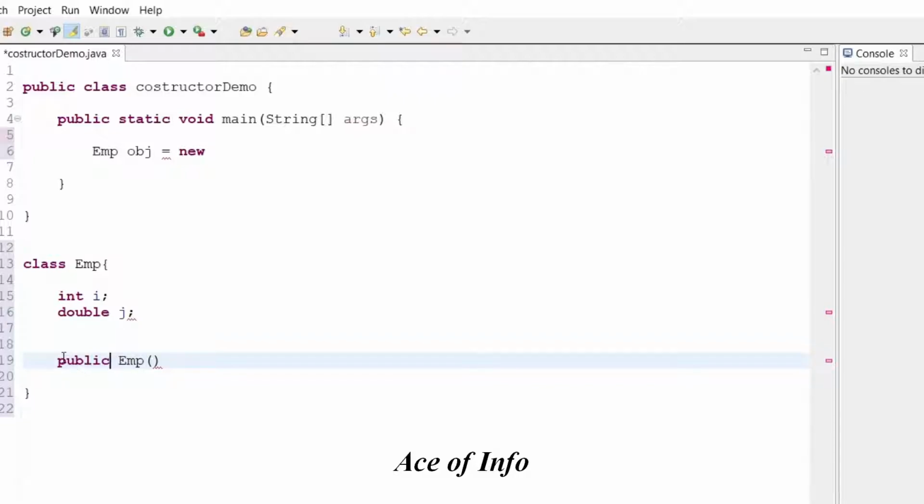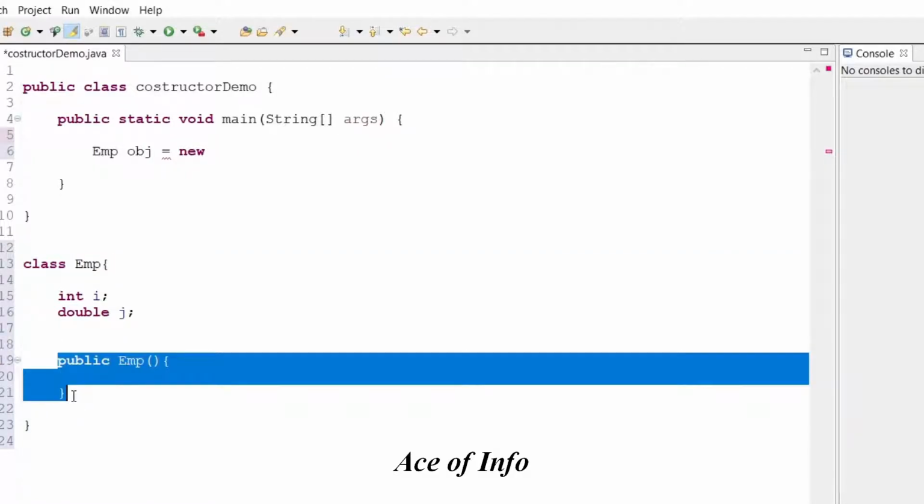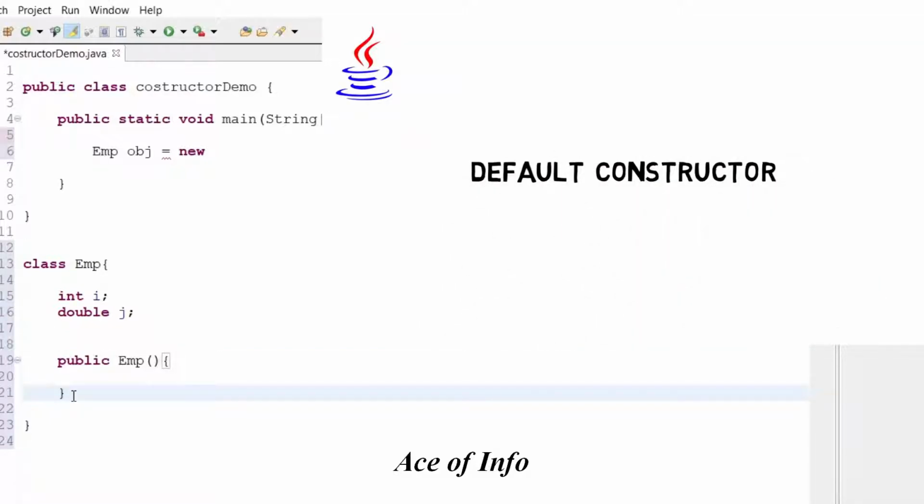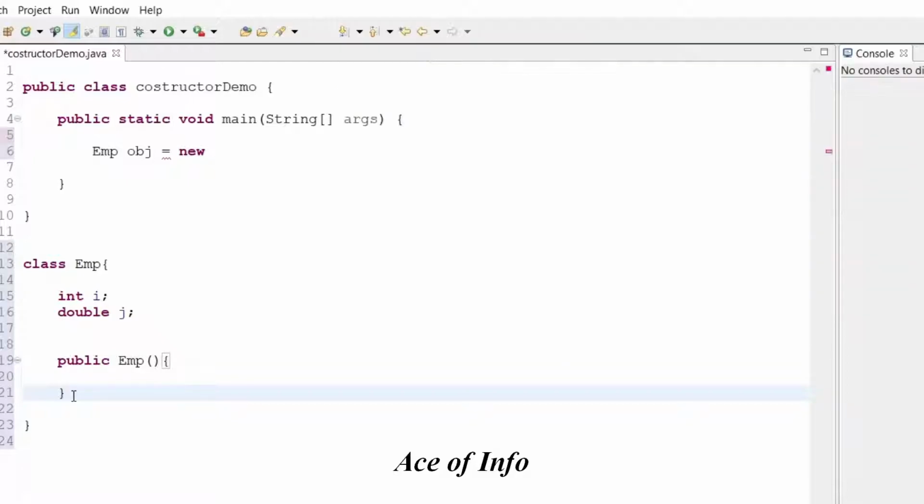Alright. So this constructor will be automatically defined each time you create a class. Even if you don't create it, Java will do it. Therefore, we call this the default constructor. This constructor is there by default, therefore we call it the default constructor. Alright.